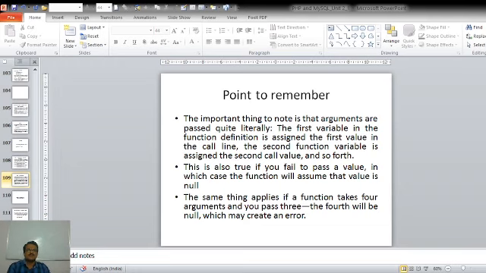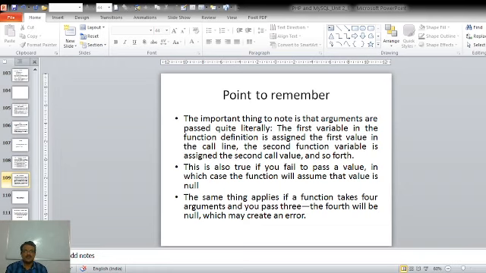There are some points we should remember while calling a function with arguments. The important thing to note is that the arguments are passed quite literally. The first variable in the function definition is assigned the first value in the calling line, and the second function variable is assigned the second call value, and so on. Whatever arguments and values you provide to a function while calling it will be matched accordingly.